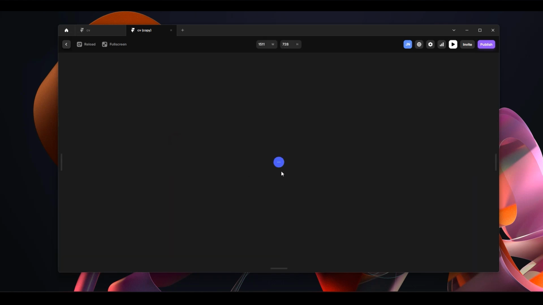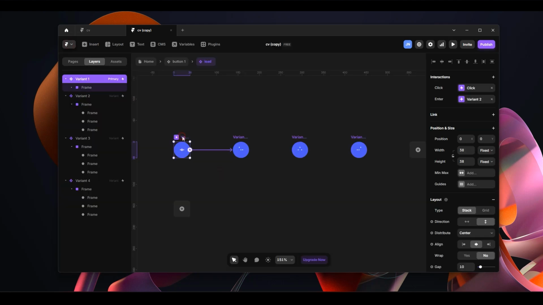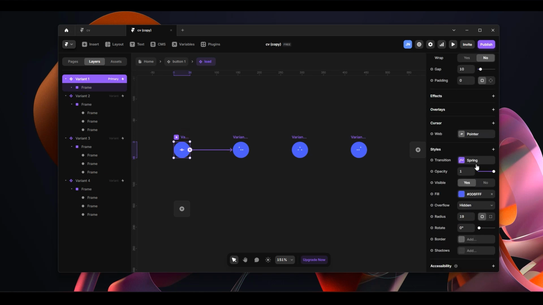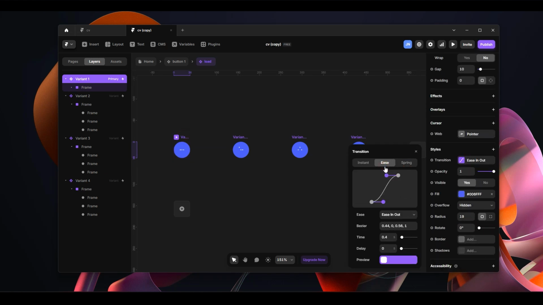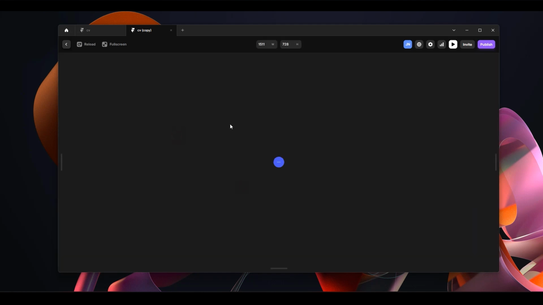So now when we view, as you can see, we have this nice effect, which is pretty good. Nice. What is happening here is that it's not really clear because of the transition. So again, come to the transition part and change it from spring to ease in. We want it to ease in, ease out, which I think is the best transition. As you can see now, when we position it there,